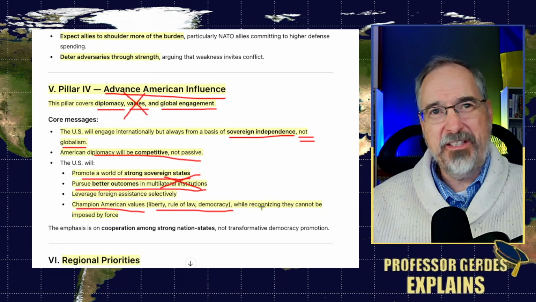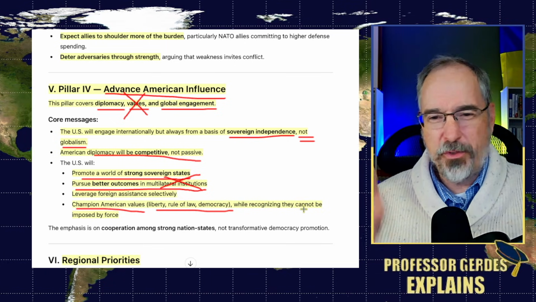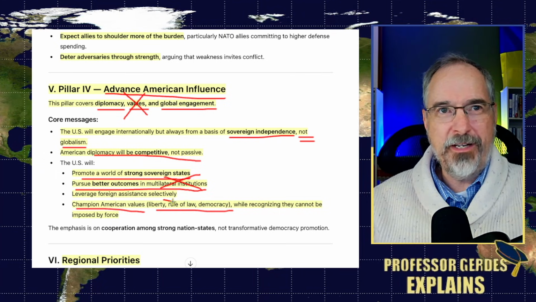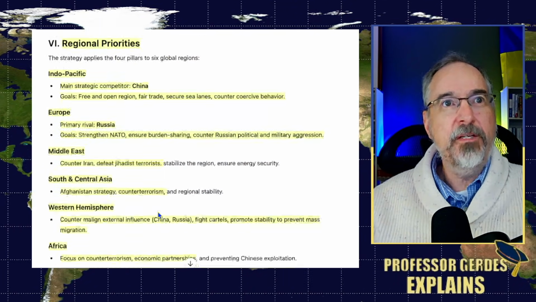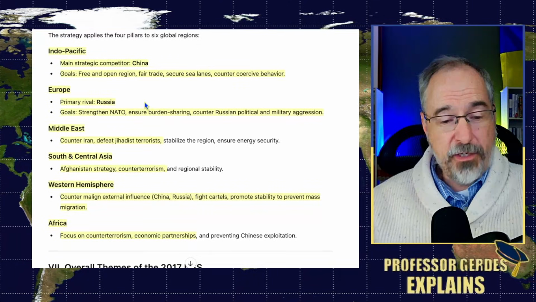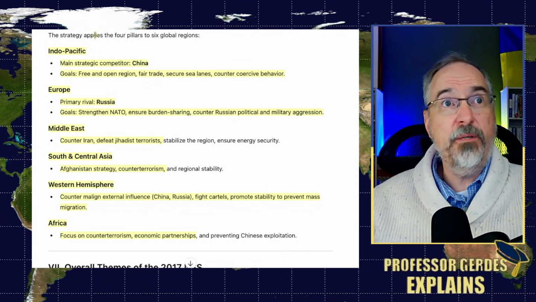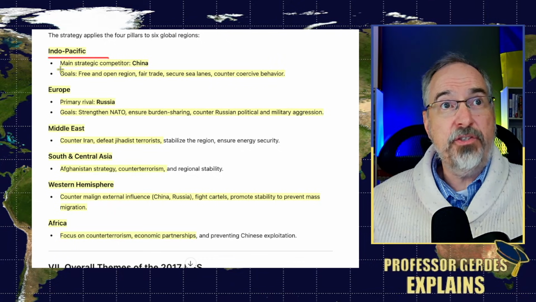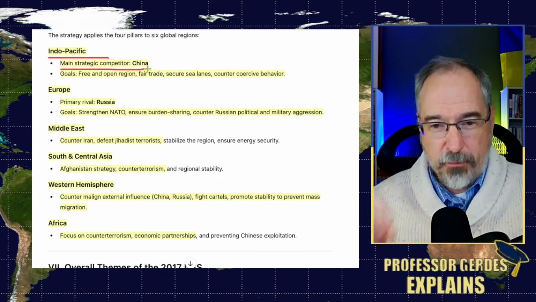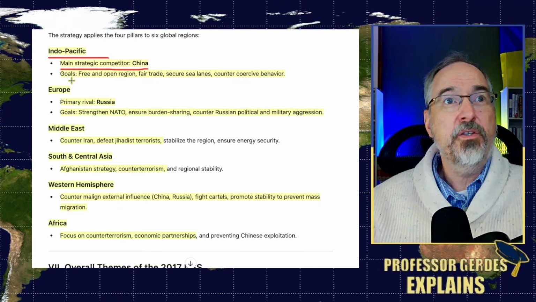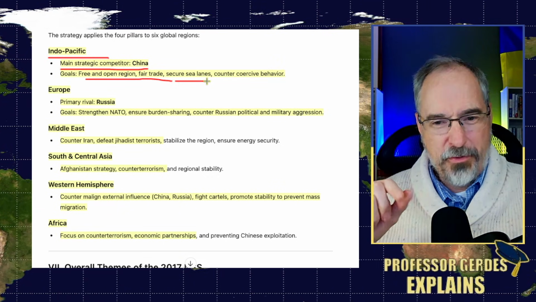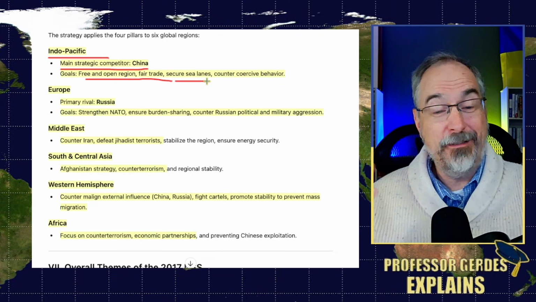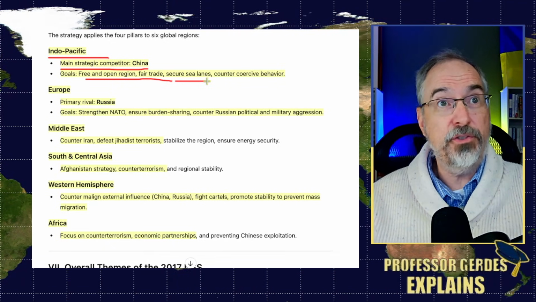Okay, so this last little clause is kind of a nod to what's going to happen in 2025, but we're not championing this in 2025 anymore. Like, that's not where we're going. Then we had regional priorities, and the big region in 2025 is going to be the Indo-Pacific. The main strategic competitor is China, and that's going to be amplified in 2022. Goals are free and open, fair trade, secure sea lanes. But in 2022, it's going to be like, hey, a war could kick off here in China very soon.